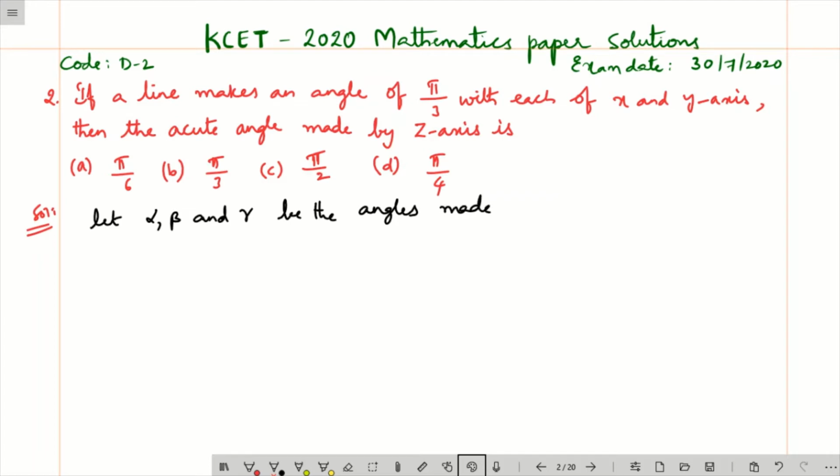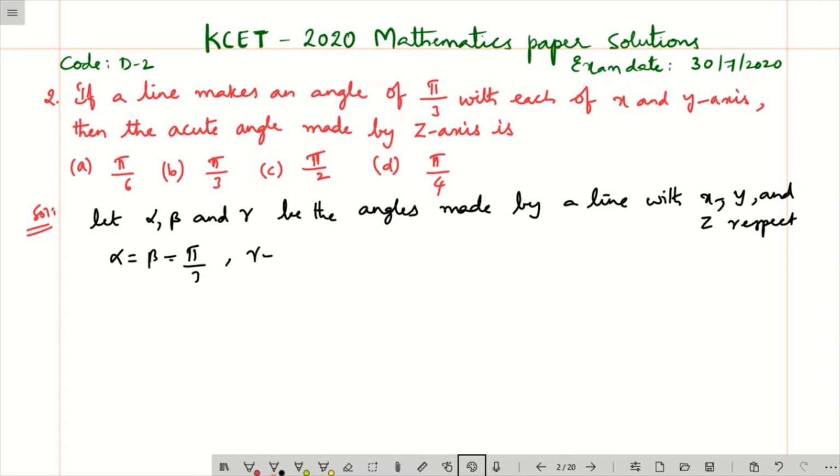made by a line with the x-axis, y-axis and z-axis respectively, let us consider. So what is given? Alpha is equal to beta is equal to pi by 3, and we need to find the gamma value. So we have the relation between the direction cosines: